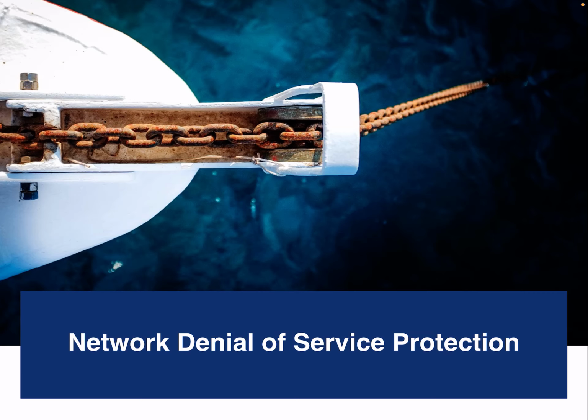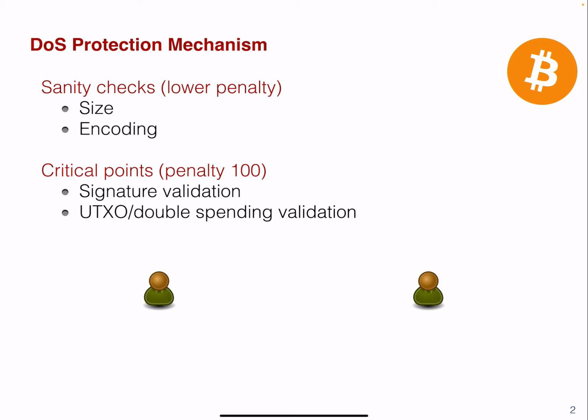Network DNS of service protection. So in a peer-to-peer network, you receive a lot of data, right? And you can connect to any peer, as we looked at before, and this is quite, I would say, a hostile environment because anyone can connect to you and send you some data, and then you're gonna have to